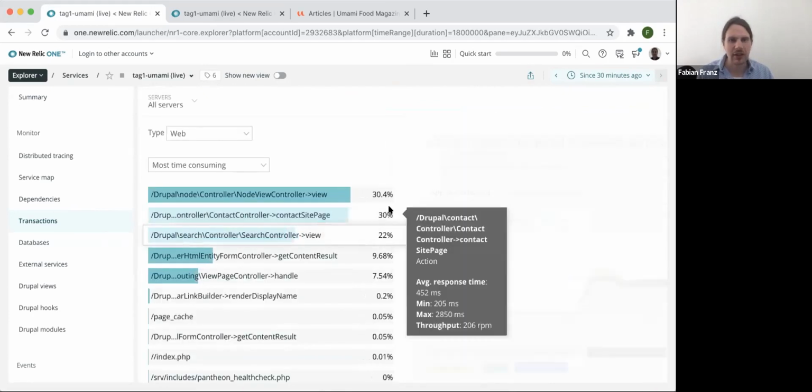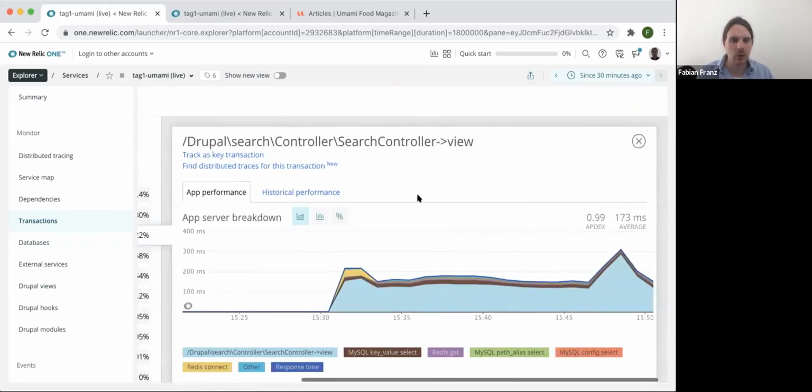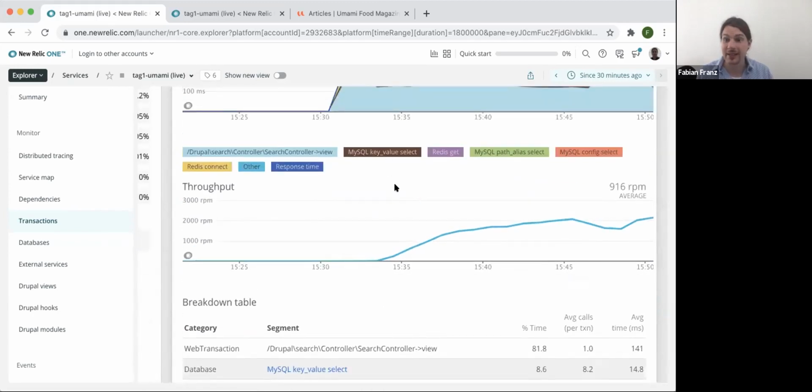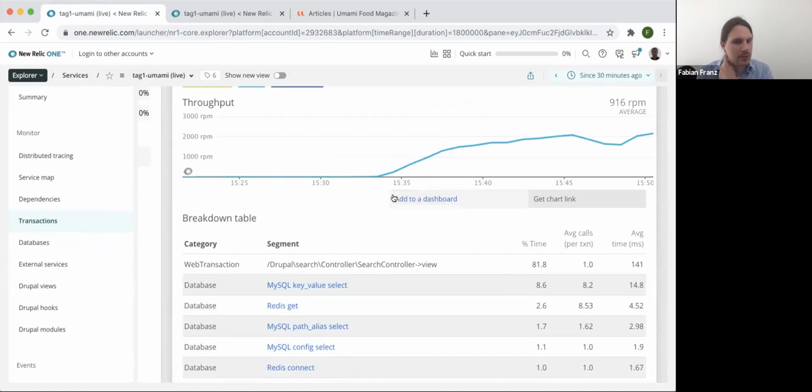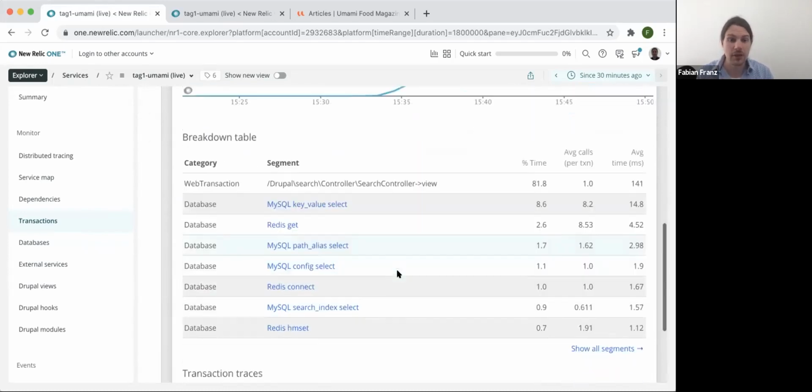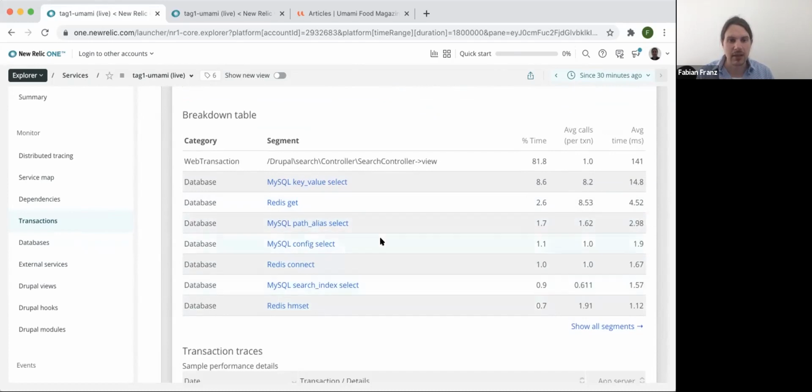And search controller, just recently we had the question of, hey, what about this Drupal core search? Is it fast enough? Because in older versions of Drupal, core search was a little bit of, maybe the search query isn't as optimal for that. And now we have Search API, which for example also has a database backend. So what about core search? And it turns out core search actually is pretty okay, because the search index select query is not much time of the whole thing. On average, it takes 2 milliseconds. And this is under load, so that's fine.